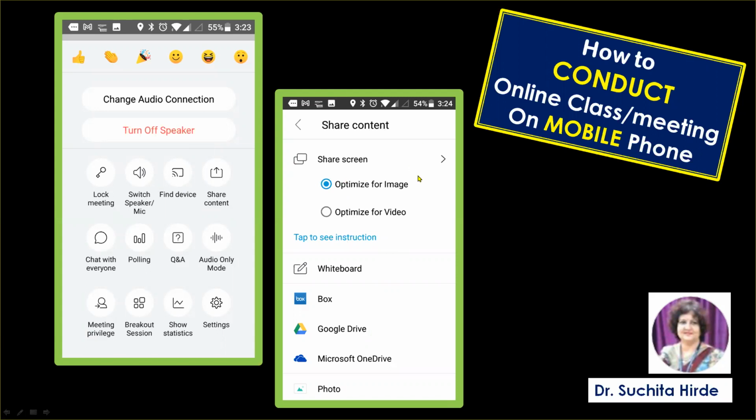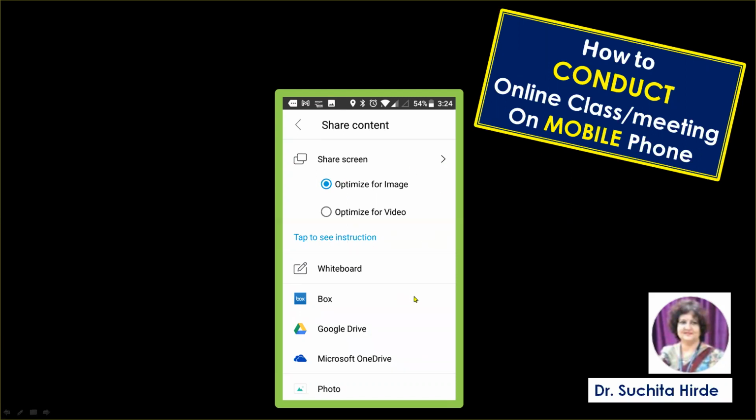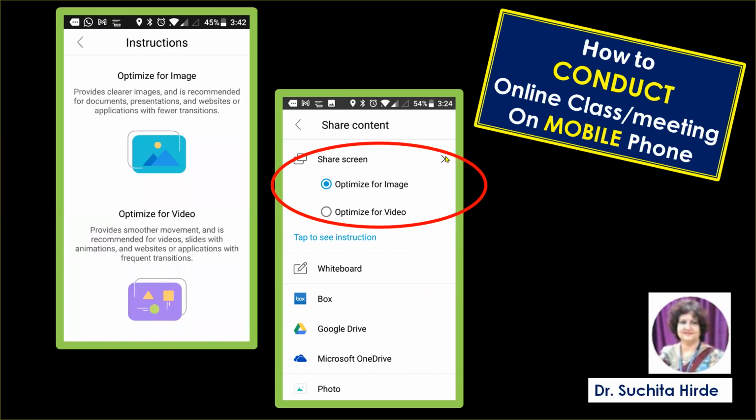If you click on this arrow here, there are two options, optimize for image and optimize for video. If you click on this arrow, you will get the description of what this option means. So select the option whichever is suitable to you.